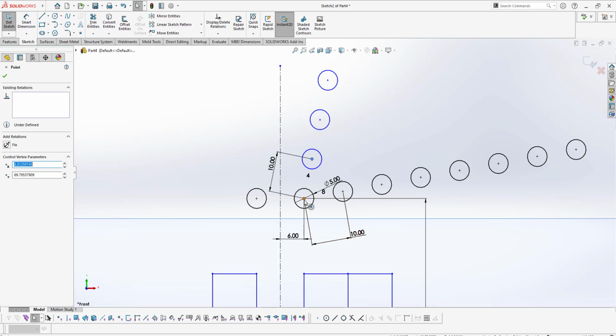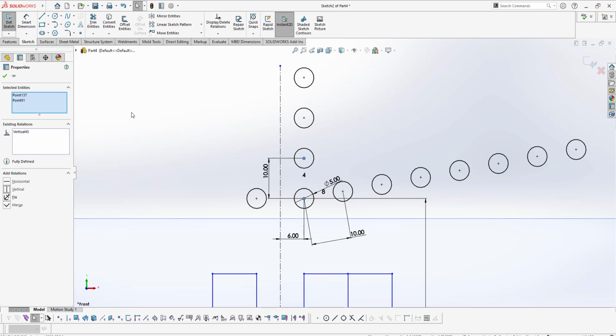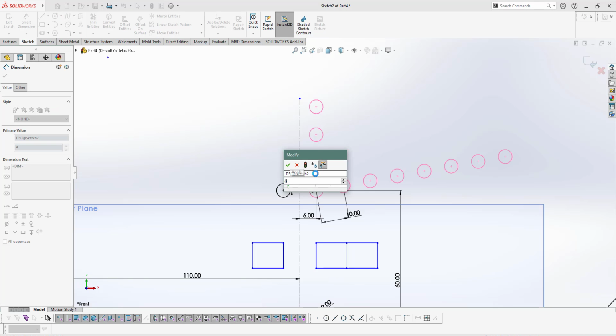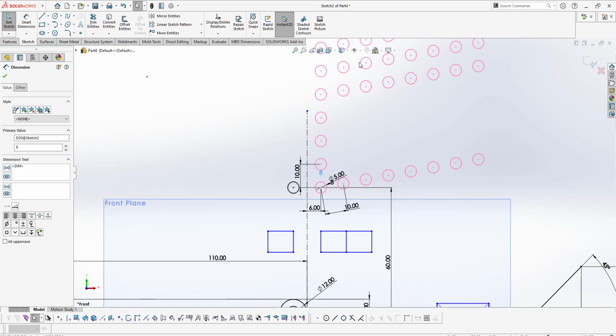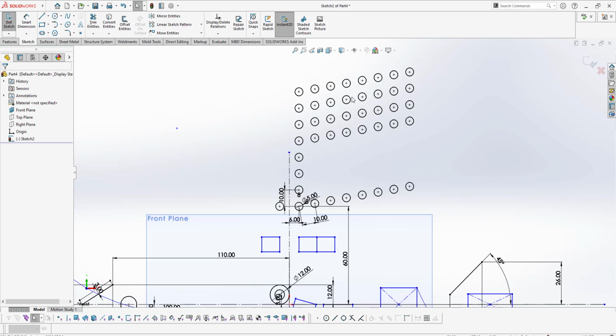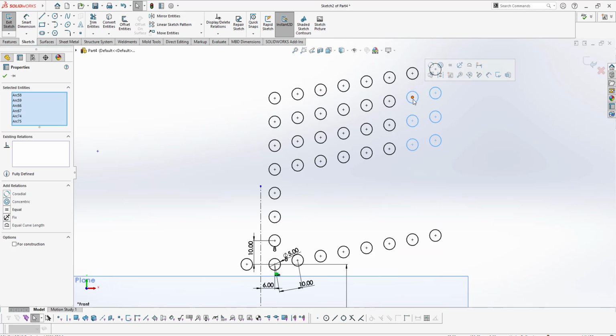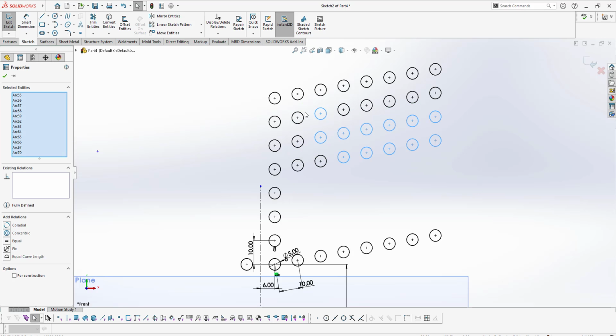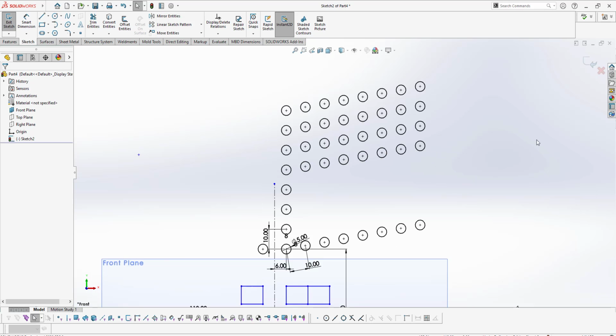So after that I need to define the vertical relation. Here also I need 8 members, which I can easily give. After that I need to give in construction or instant to skip or delete these holes. Okay,